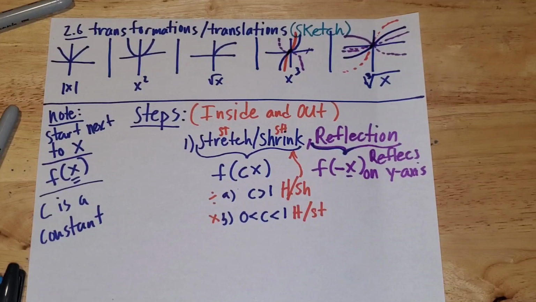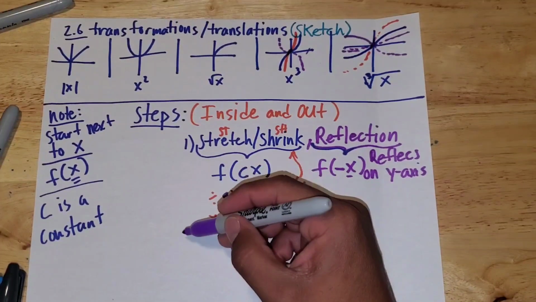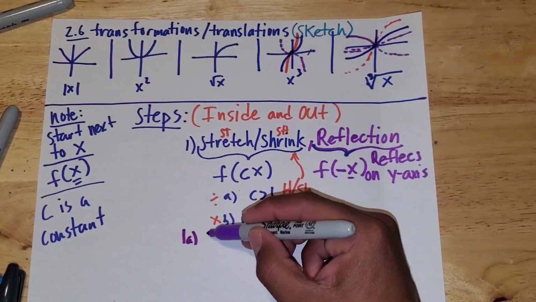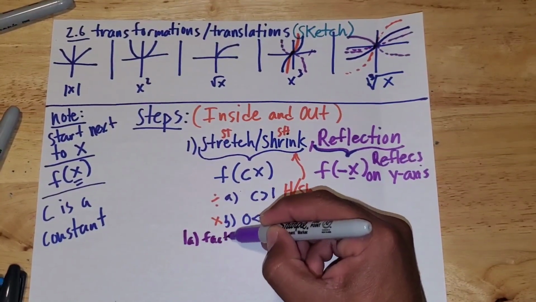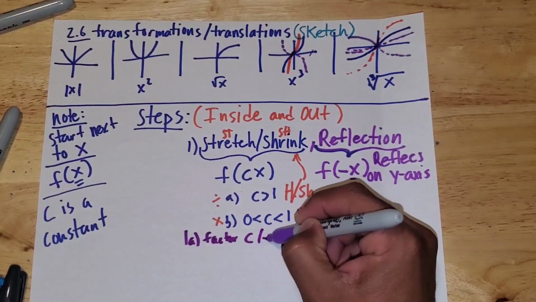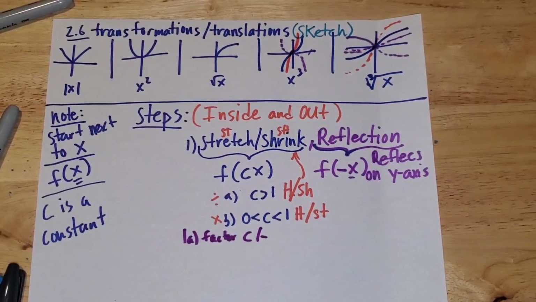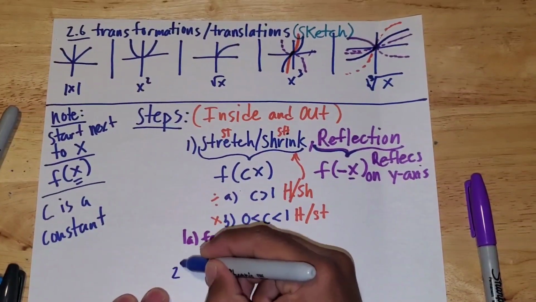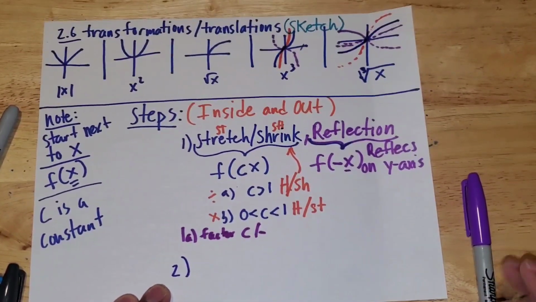I would probably put a little star on, let's say, a 1a, which would be factor out the c or the negative. We won't see too many of those, but that's something you'd want to do first before you continue to the next step. And that next step has to do with